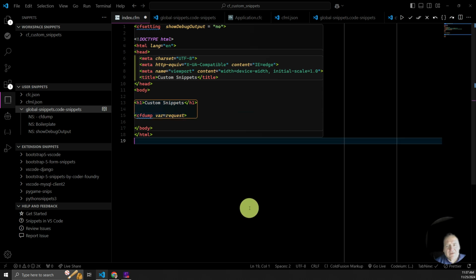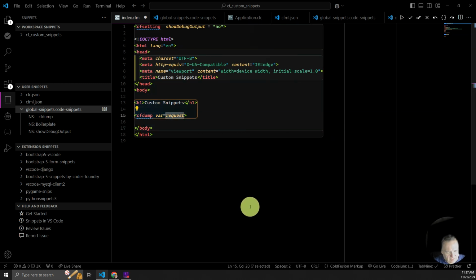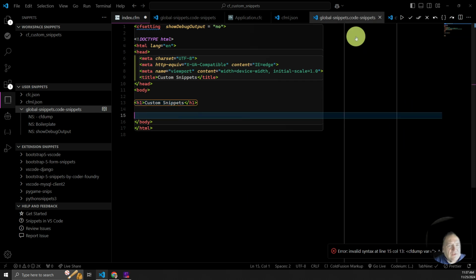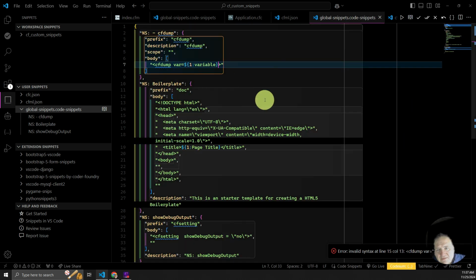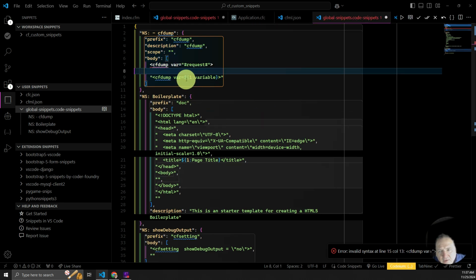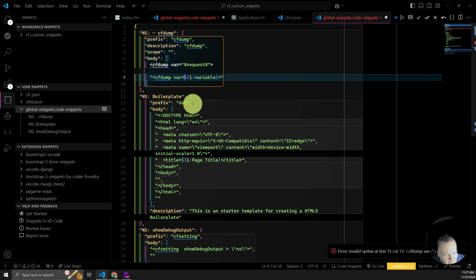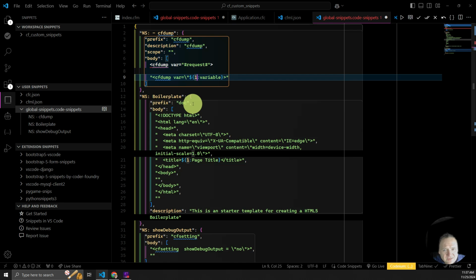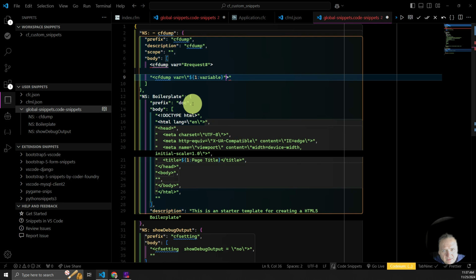And that's not it, because what you would normally have is you would have double quotes, and you would have pounds, and you would have request. So let's copy this, go back to our snippet here, and let's change this to make this work. So if we look at it, we should have a double quote, but with a backslash to escape the double quote, and another backslash to escape this one. So now we have that,